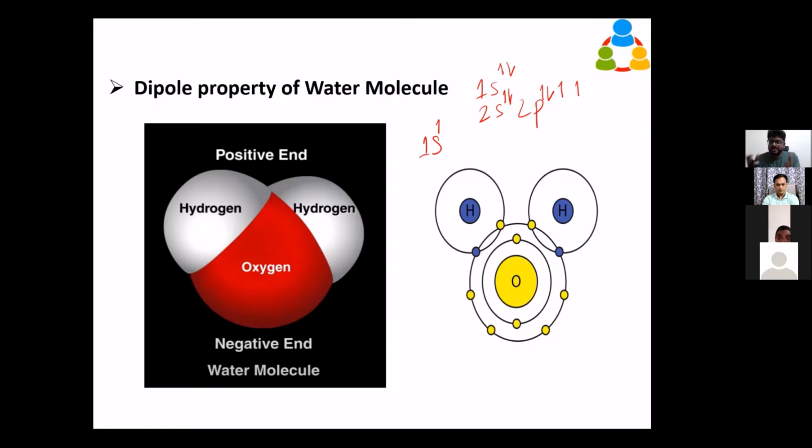Atoms are stable electrically, but chemically, they need to form molecules because of their electronic configuration, because there is a need for electrons. If you consider this electronic configuration, there are empty orbitals, so it can take electrons and become a complete orbital. So there is a demand for electrons. These atoms can join together and form a complete, stable chemical species like the water molecule.